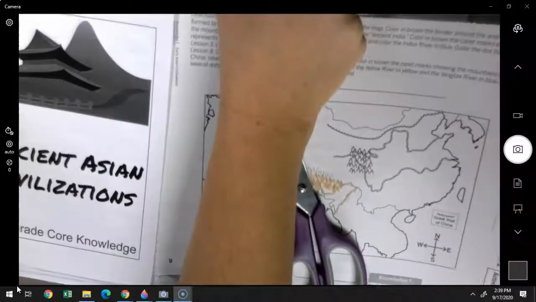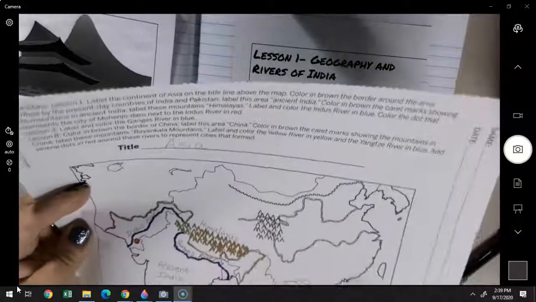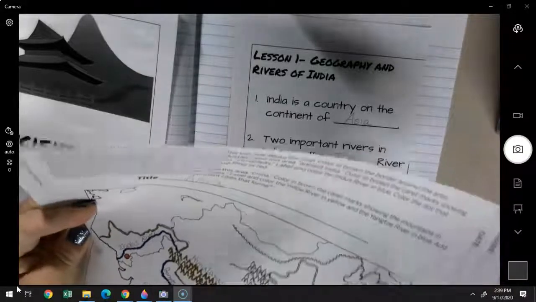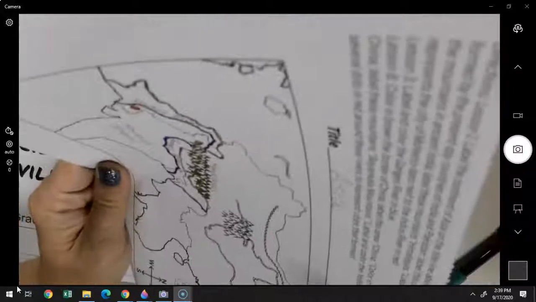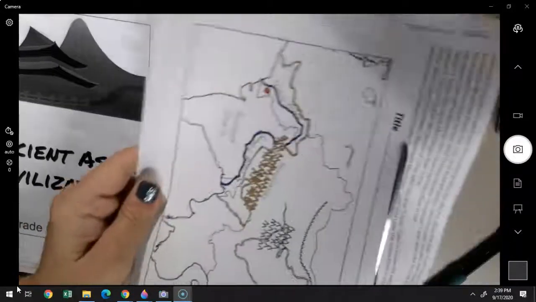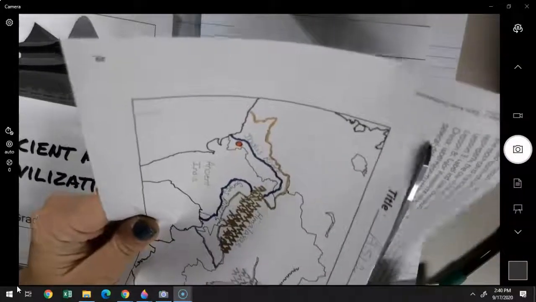I can't even remember. Okay, so you're going to get your scissors and you're going to cut out your map of Asia. And be careful not to cut off your title. See how I'm not cutting off Asia? You don't want to cut off your title here.